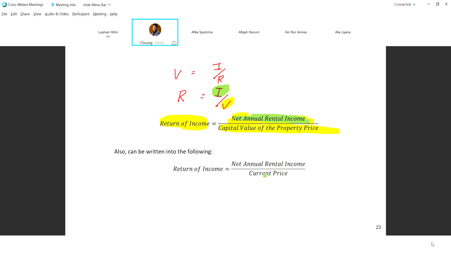It's not that this current price is the factors actually is the transacted price, but even transacted price is not available. Sometimes they say current price and sama dengan net annual rentals income. Net annual rentals income. So this is a return of your income. But we understand that kalau kita